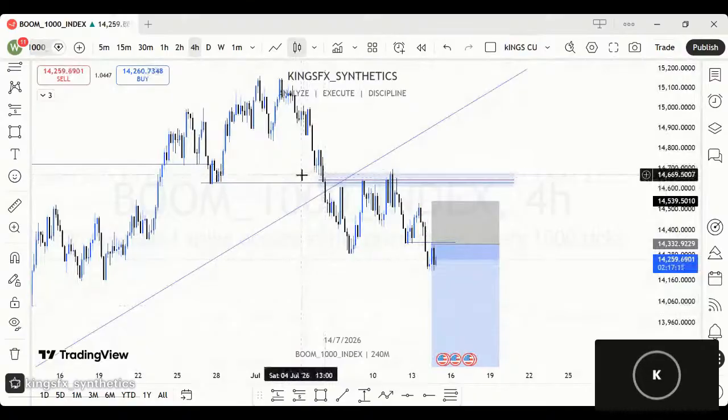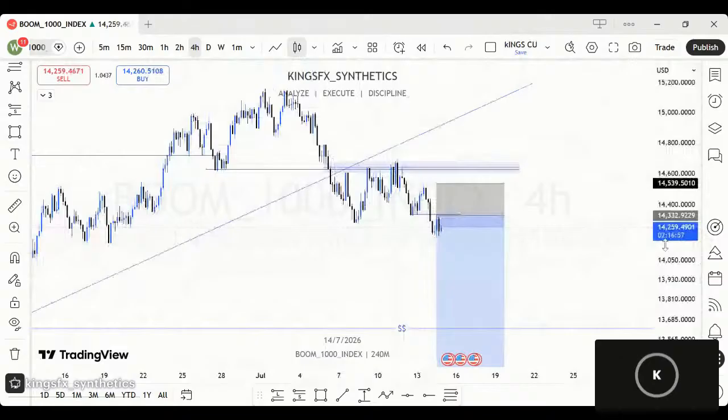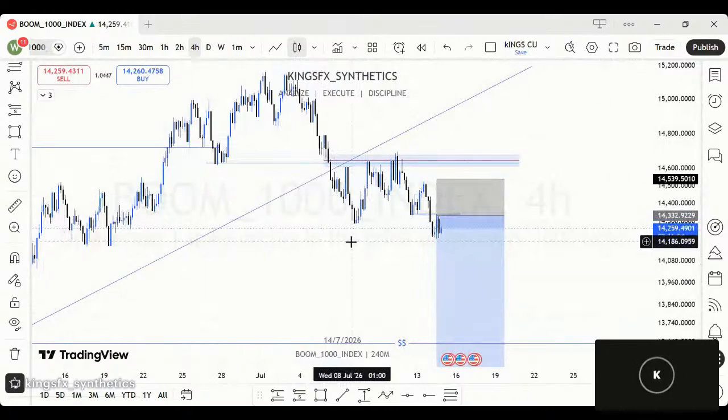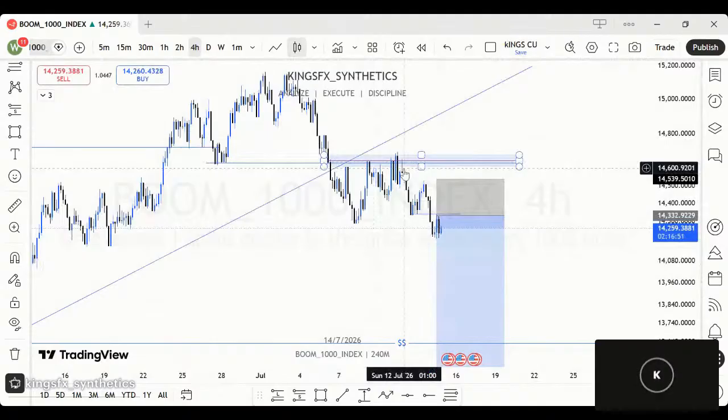So precisely our entry should have been here, but I didn't get the market on time. So I wanted to confirm the sales. Price created a high, came down, created an equal high, and created a low. Now created a high again, created another low. Now went back to touch this Quasimodo area. Now it is about to drop, which is why we are selling